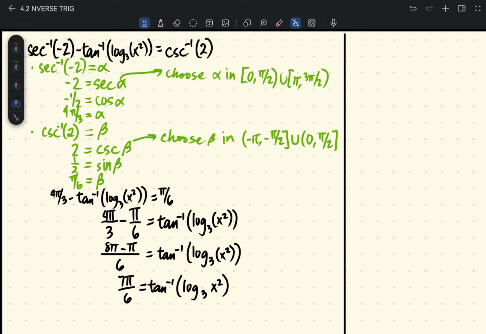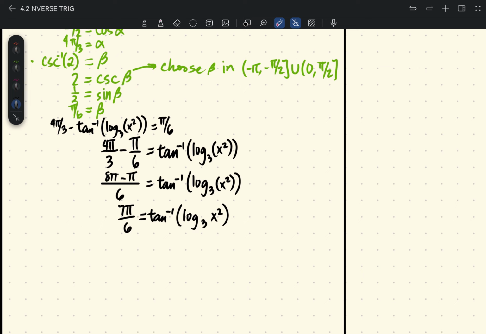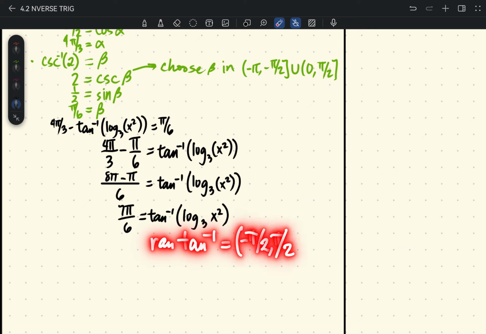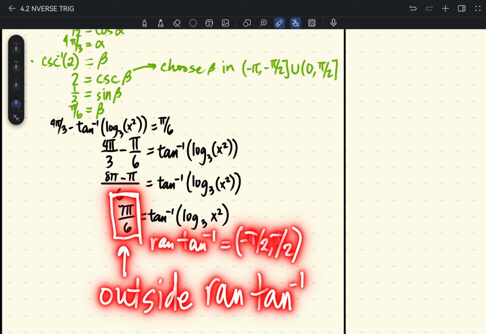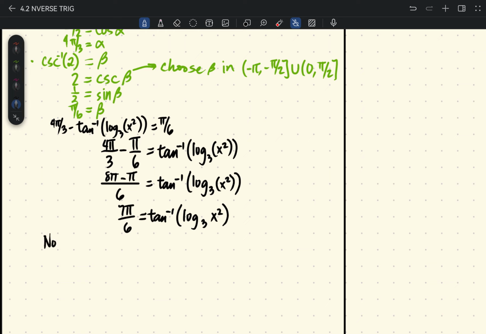So now let's look at what's given. You have 7 pi over 6, but you want this one to be in the range of tangent inverse. But what's the range of tangent inverse again? The range of tangent inverse is negative pi over 2 to pi over 2. But 7 pi over 6 right here is outside the range of tangent inverse. So let's write that. Note that